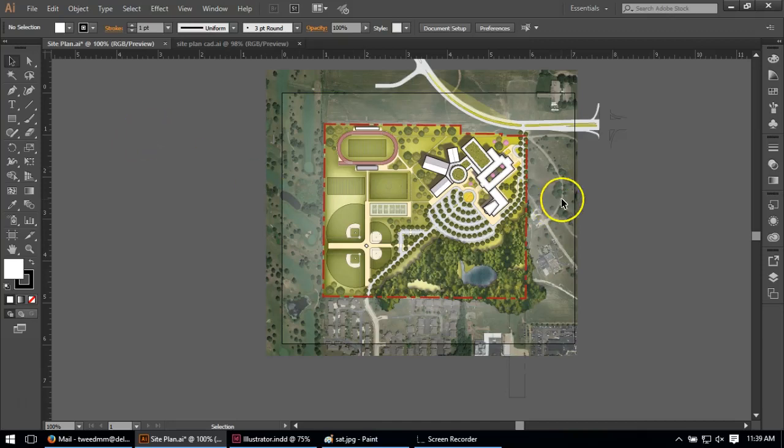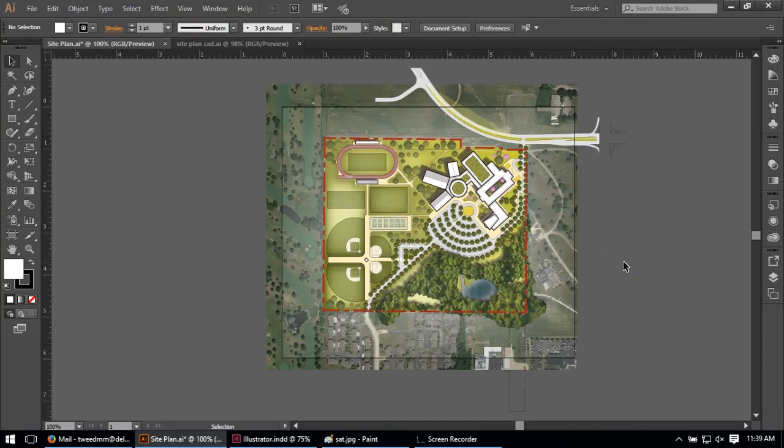Hello class. In this video series I'm going to talk a little bit about how to do site plans in Illustrator, how to render them. Site plans in Illustrator are a great spot to do it because usually it's not something that you can get from a 3D modeling engine or something like that. It's just too complex. Therefore it allows for a lot of creativity in the drawing, and we can see an